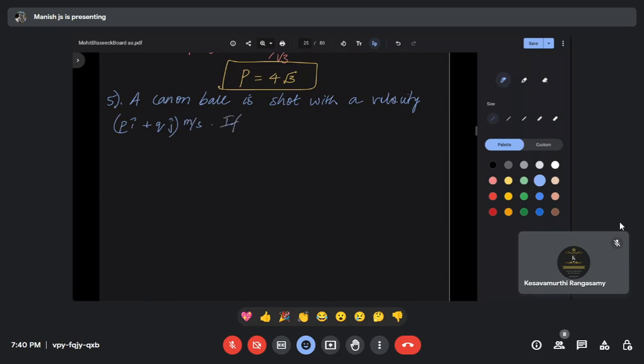If its range is double the maximum height attained, then the correct relation is